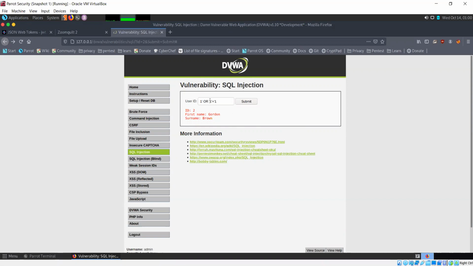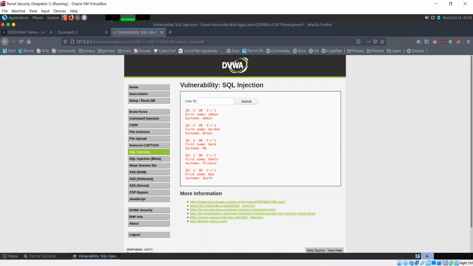So in the where clause we specify an OR and a second condition where we say that 1 is equal to 1. Any number will always be equal to itself, so 1 is equal to 1 is always going to be true. And this OR that we have specified ensures that even if this ID condition is not true, the 1 is equal to 1 condition will always be true, so we'll get the data that we require. So if I do this, let's see what I get.